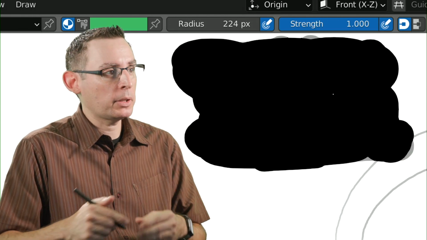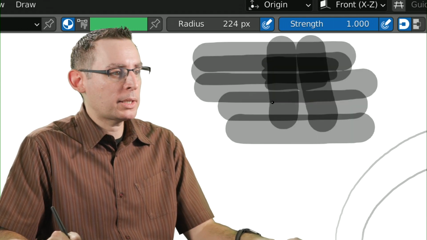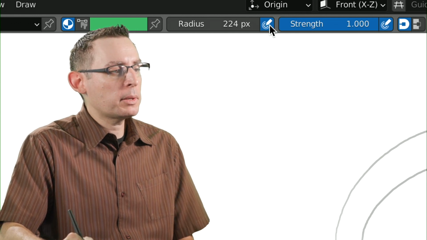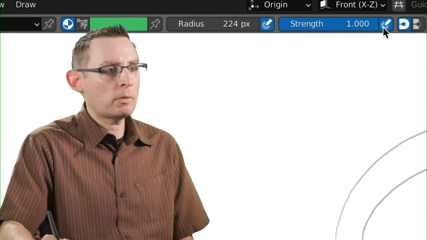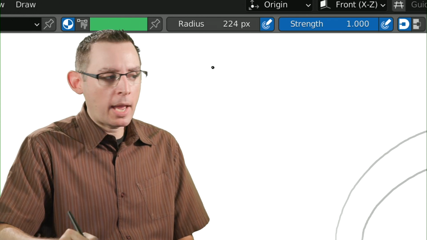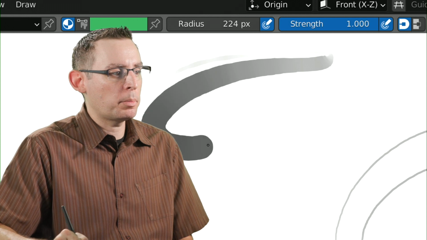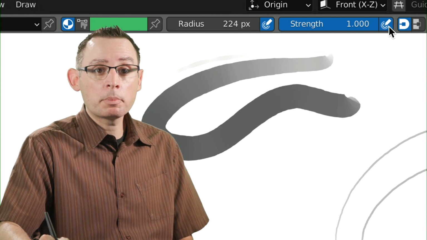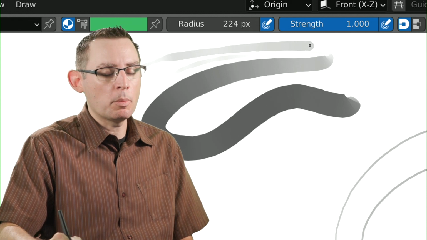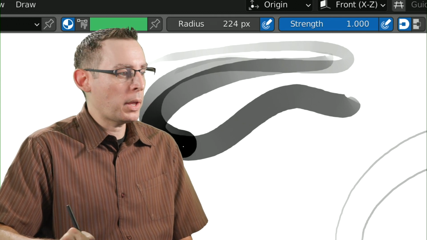Now, one of the things that we need to be mindful of when we're working with a pen tablet specifically is the pen pressure of the tablet itself. I'm going to just go back in time a couple steps. Okay, there we go. And I want you to notice that we can accept the tablet pressure with this icon right here for both the radius and the strength. If I very lightly drag on my pen tablet, I get a very thin stroke, but the harder I press, the bigger the brush is going to be. The same thing is applied to the strength. The lighter I press, the more transparent our stroke is. But then I press really hard and it becomes more opaque as we go.